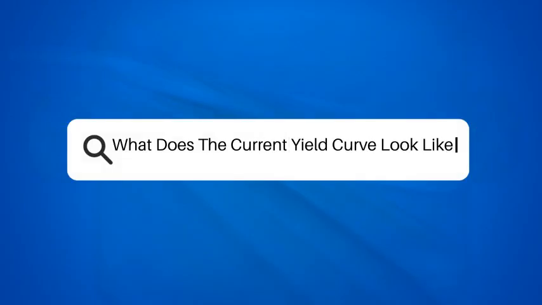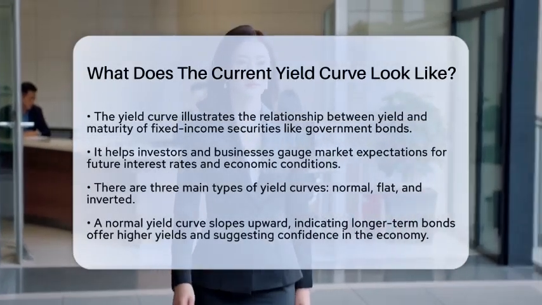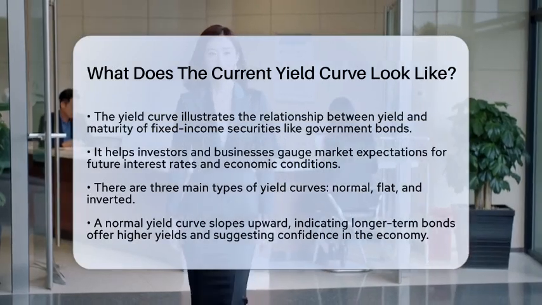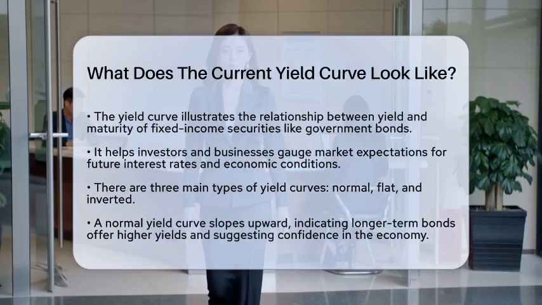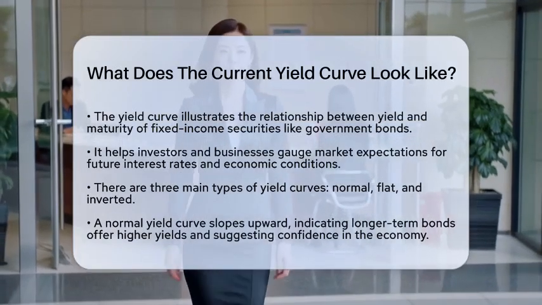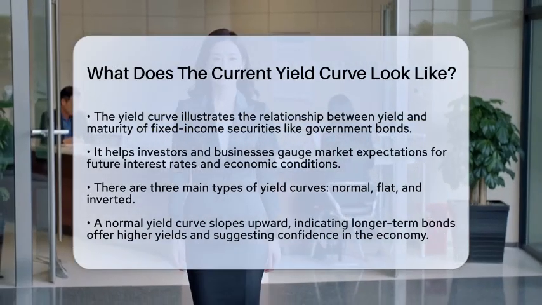What does the current yield curve look like? Have you ever wondered how the yield curve can tell us about the economy? Today, we will take a closer look at what the current yield curve looks like and what it means for capitalism and market trends. The yield curve is a visual tool that shows the relationship between the yield and maturity